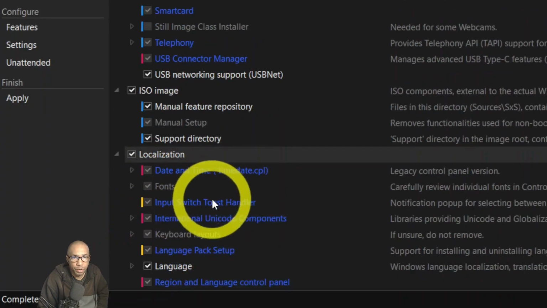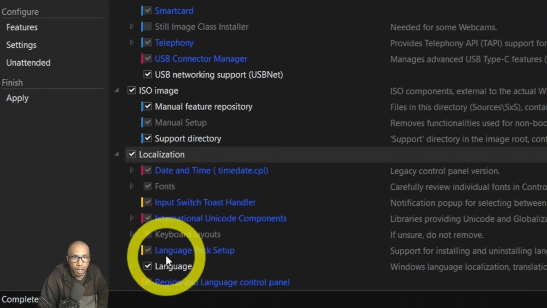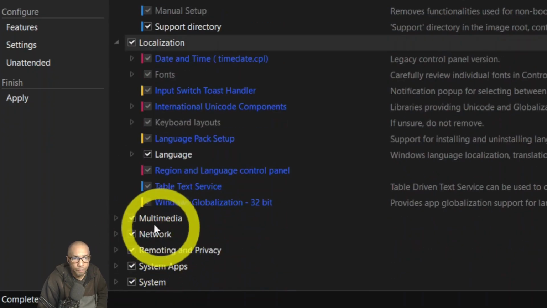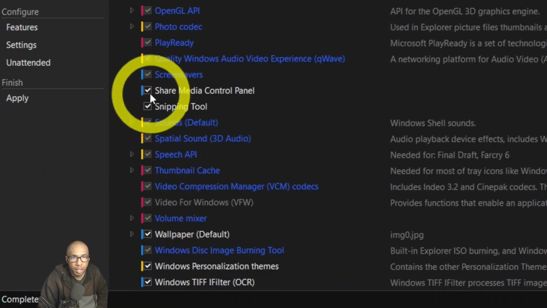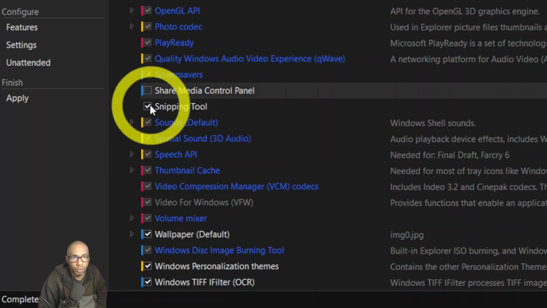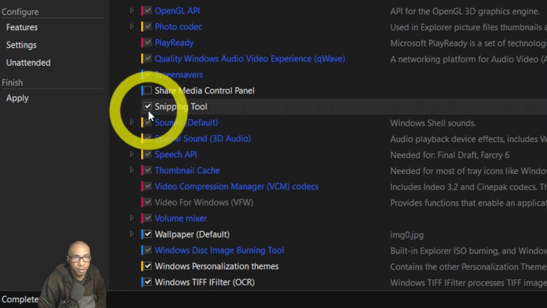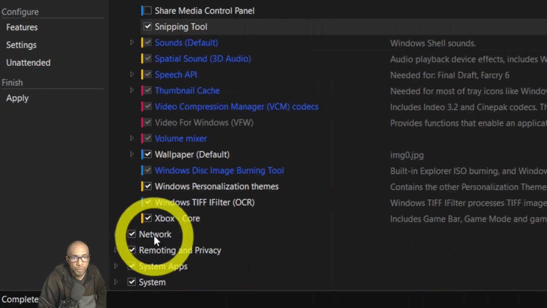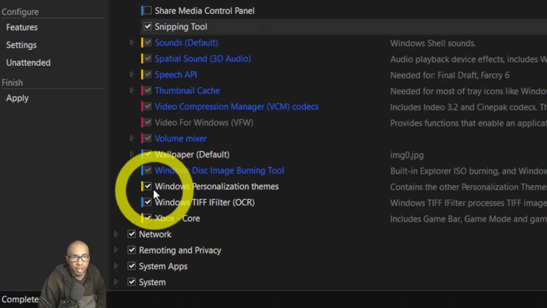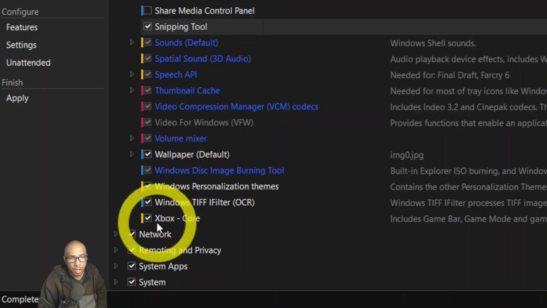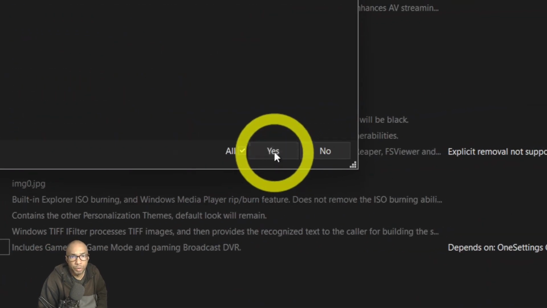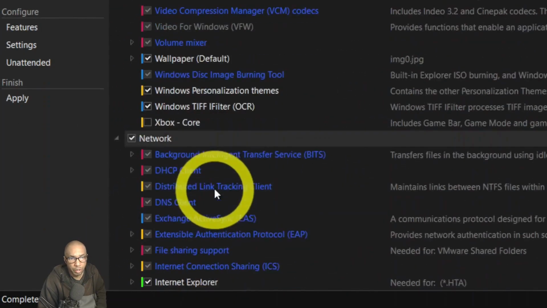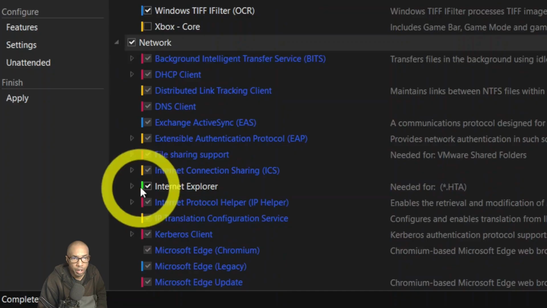I didn't touch the ISO image part, and I didn't touch the language part. I just looked through a lot of them, and the things that I know I don't need, like I don't really care for a snipping tool in this case, but I'll keep it anyway. The default wallpaper, I'll keep that, but the Xbox core has got to go. I won't be using that. And there's a few things associated with it that I had to check that box for. Internet Explorer,